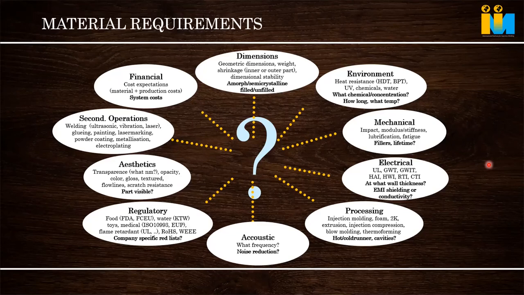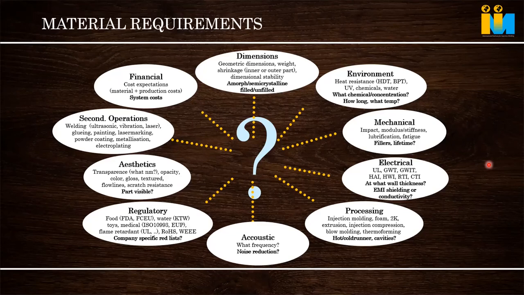Okay, then we have to see what the flow characteristics are. Based on aesthetics, some materials, if we have some filler, will show a flow mark. If in polycarbonate we are putting glass, we can see some amount of glass mark, nylons also. So based on aesthetics also, we have to narrow down the selection.